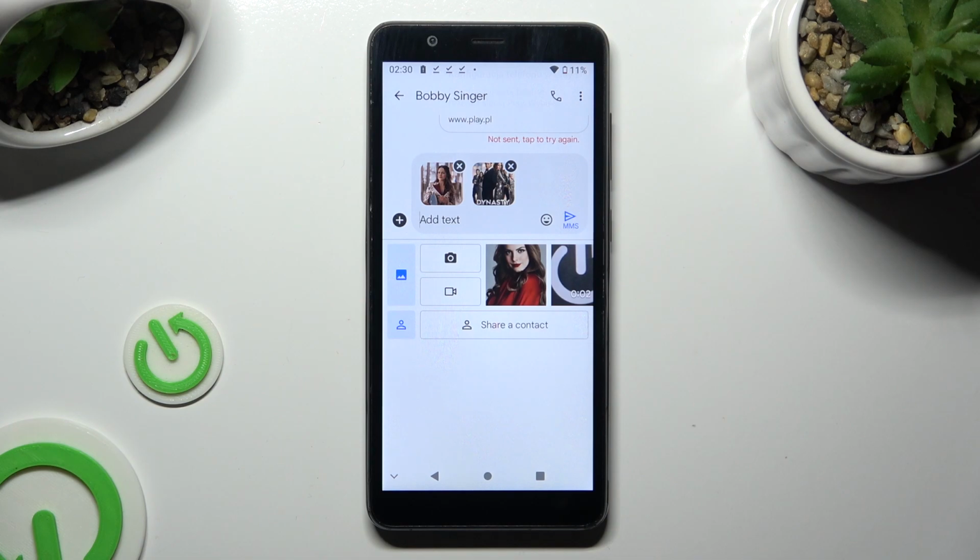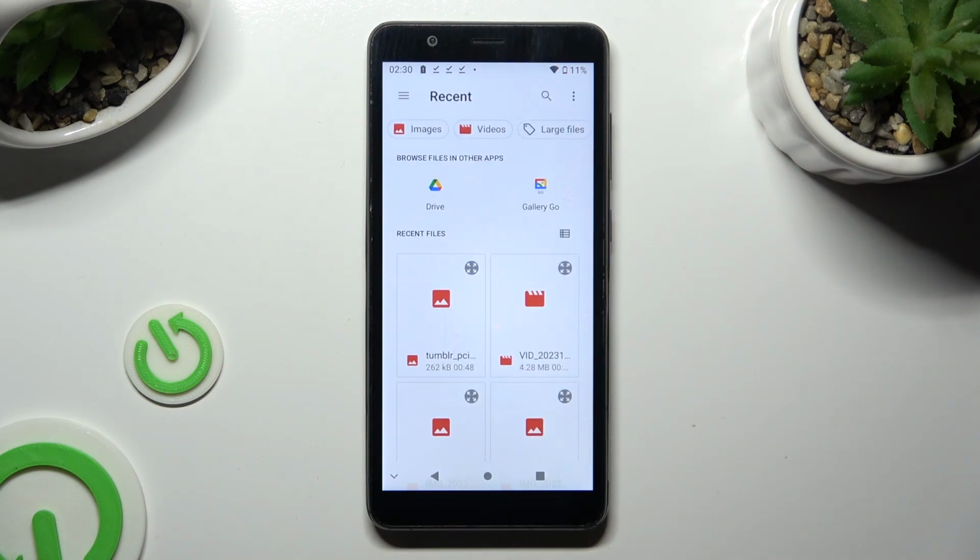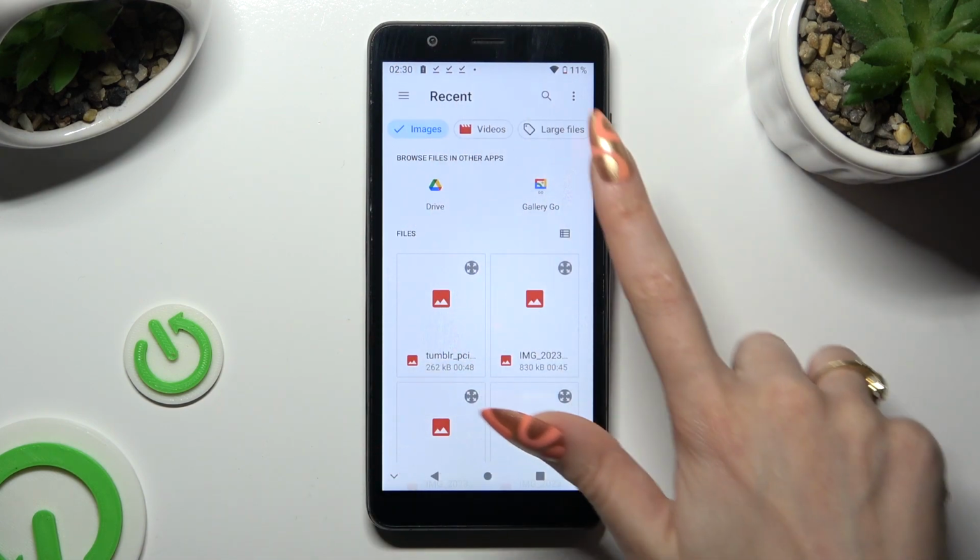Lastly, you can always click on the same gallery icon, but this time instead of selecting your pictures, click on Folders. Now you can tap on Images filter at the top. Select one of those apps,